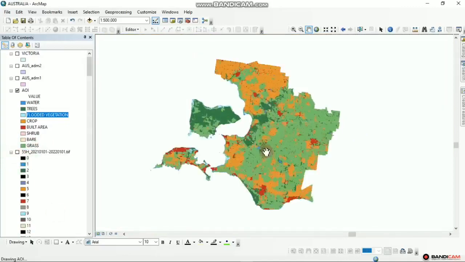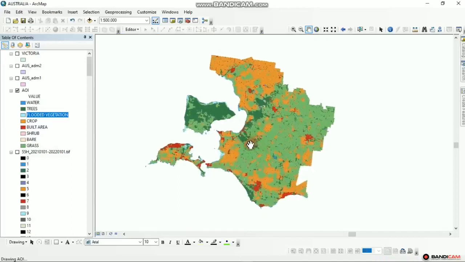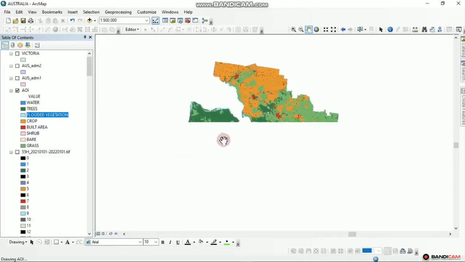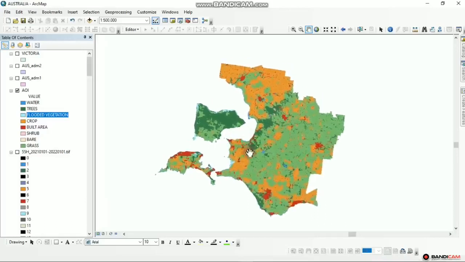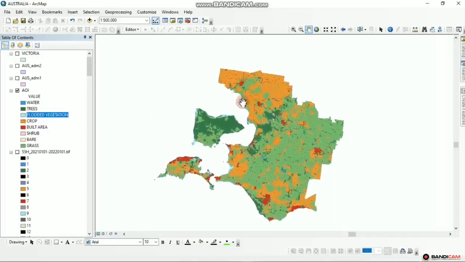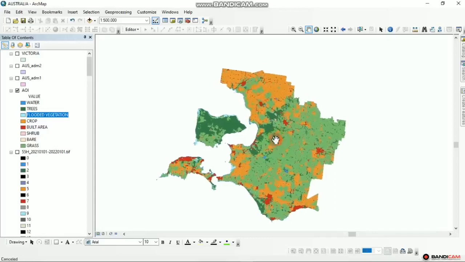So the interesting thing to know is that the most important thing to do is to actually map in the correct data. However, this is a satellite imagery. This is what we call accuracy assessment and ground truthing. It means this image is subject to ground truthing in order to actually get the true details about the land cover. However, we use satellite imagery for a lot of analysis. So I think I will try to make a video to cover this particular area, where we can actually do the ground truthing. And then also